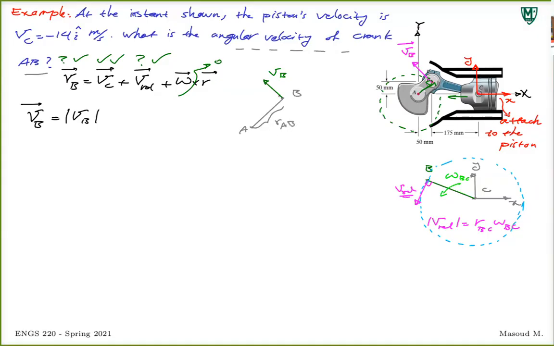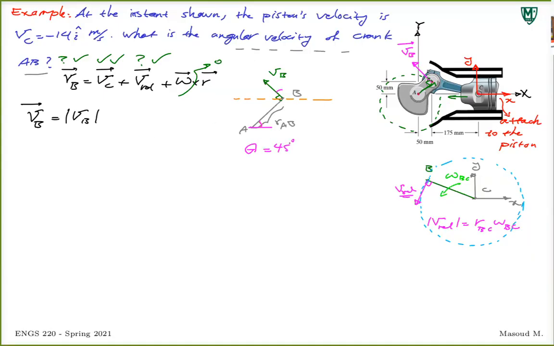This is perpendicular to that. So that means this angle, well, we have to find the angle, right? The angle it creates with either this angle here or this angle, which they are the same. Well, not these two, sorry. This one and this one are the same. All right. And that angle